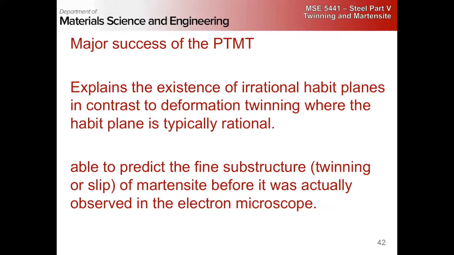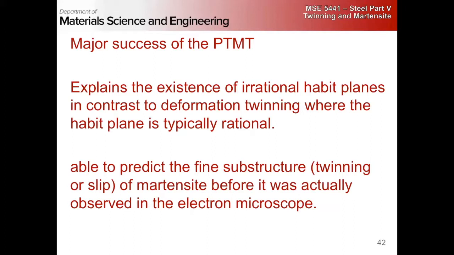But as I also said, in real steels there's a lot of variability of the habit plane. It's a strong function of the carbon concentration. It's also a function of the elastic strain, so there's a huge amount of scatter. If you measure the orientation relationships in Martensite from the same sample, you get a very wide distribution. And this was all predicted by the phenomenological theory before it was observed